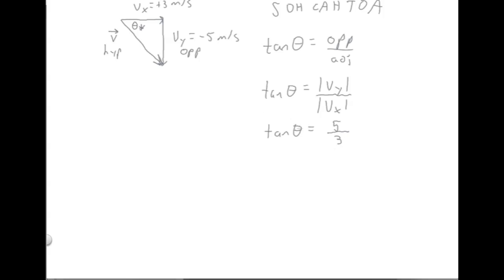All right, and now we need the input and the output to switch places, so to speak, because we want to solve for this input. So we use the inverse tangent function to do that. When we go from tangent to inverse tangent, the input of tangent becomes the output of the inverse tangent, and the output of the tangent becomes the input of the inverse tangent. If you are not allowed to use a calculator, you could just use this as your answer for the direction, but with our calculator,